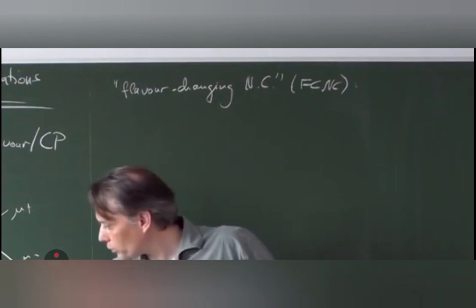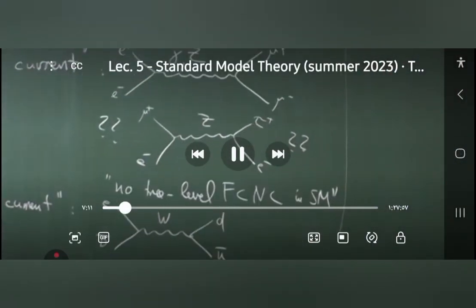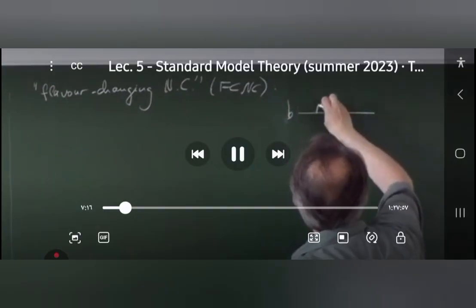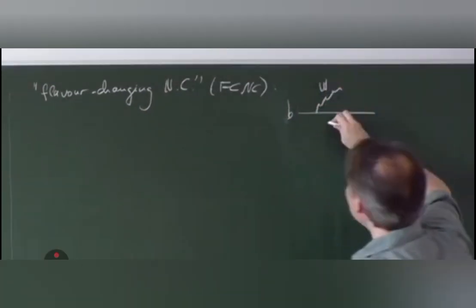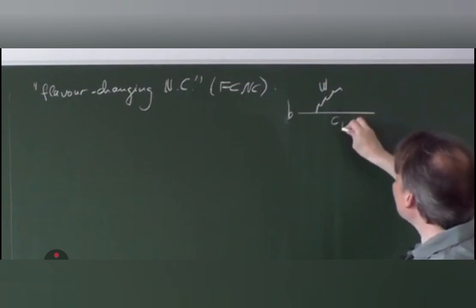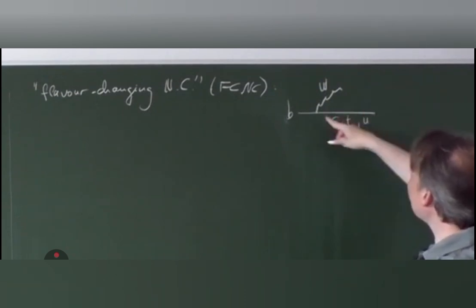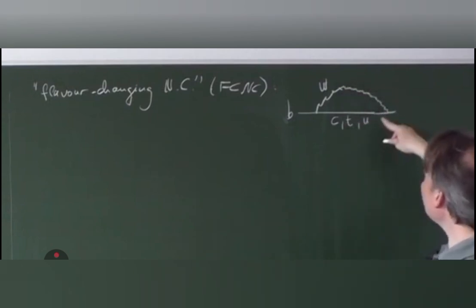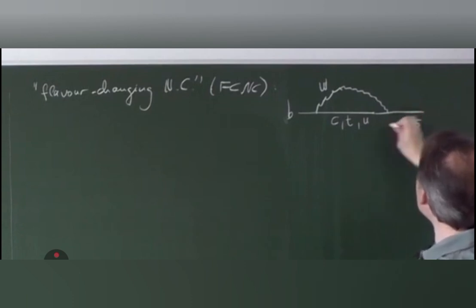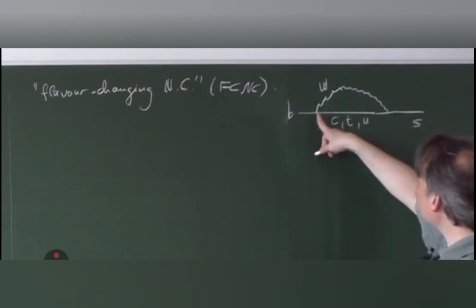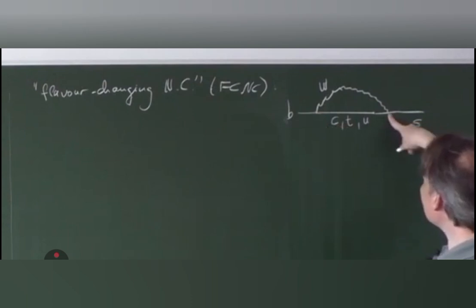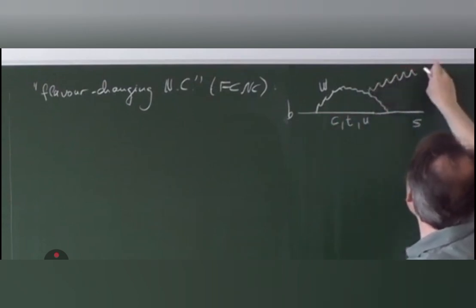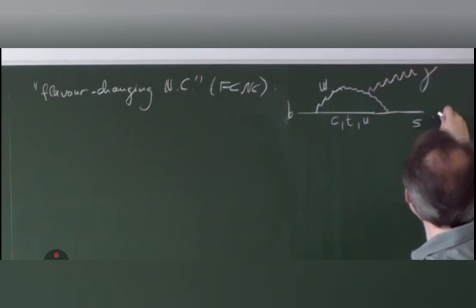Because if that exists with W bosons, then you can for sure write down the following diagram where you start with a B quark as an example. Then you emit a W boson, the B quark becomes a charm quark or a top quark or an up quark. And then the W boson connects back to this quark here, and in this way it becomes, for example, a strange quark. Then this vertex for sure exists, and this vertex also exists, and so the overall diagram exists, and you can emit from the W boson, for example, a photon, and then you create in this way a process